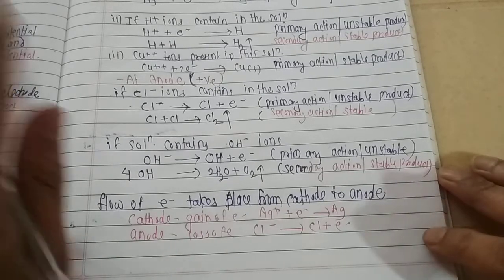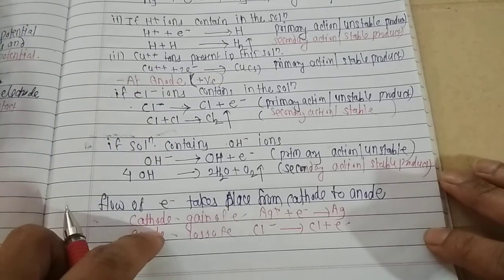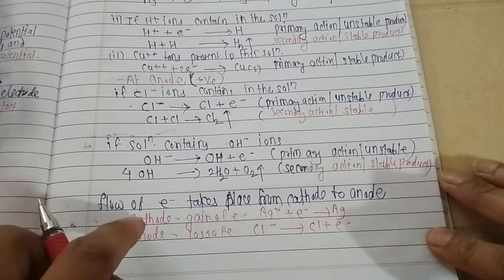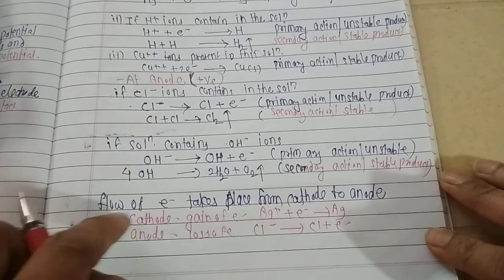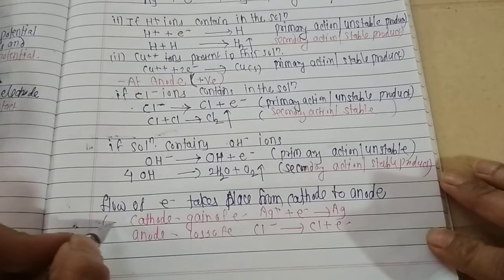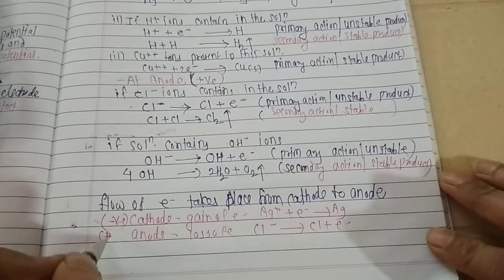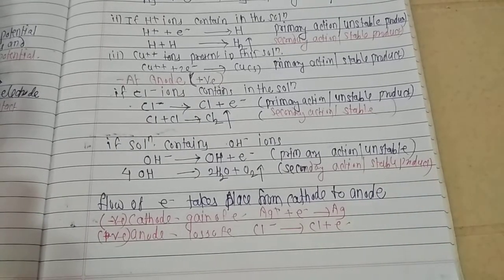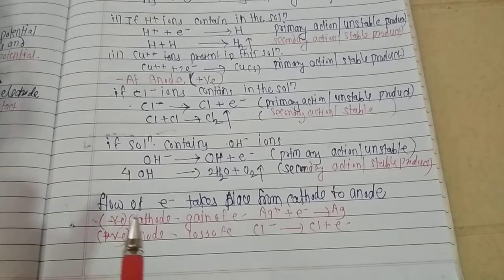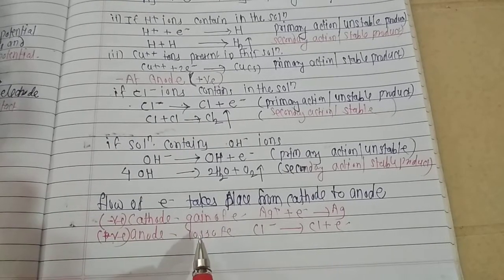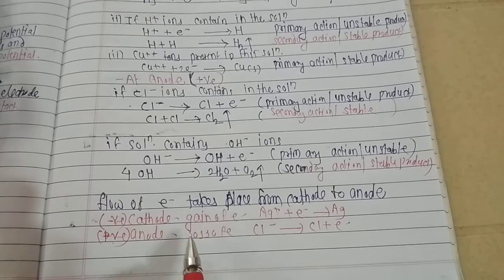In the case of an electrochemical cell, similar reactions take place. Cathode, gain of electrons, anode, loss of electrons. But here the cathode is negative and the anode is positive. Are you getting this? In an electrochemical cell, the cathode is positive and the anode is negative, while here the anode is positive and the cathode is negative, but the reactions are the same, loss and gain of electrons.